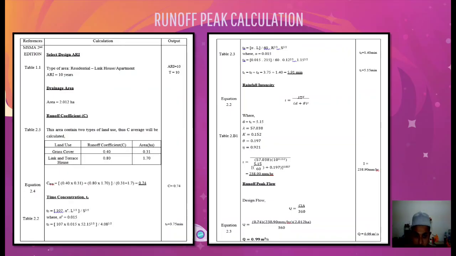And here is the runoff peak calculation. First we select design ARI, and the type of area is new house, the ARI is 10 years, and the T value is 10. After that, the drainage area for this is 2.012 hectare. After that we calculate the coefficient value and we get 0.74. After that we calculate the TC value, which is 3.75 minutes, and the TD value is 1.40 minutes. The total for T is 5.15 minutes. After that we calculate the I value and we manage to get 238.90 mm per hour. After we get all the data, we put it into the design flow equation, which gives us 0.99 m³ per